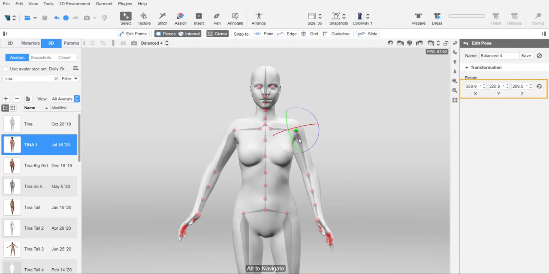Let's take note of the coordinates from the first shoulder, the wearer's left. X, 359.9, Y, 320.9, Z, 289.5. To make a regular joint symmetrical, we need to copy these coordinates to the matching joint on the other side. Let's copy the value from each axis of the left shoulder and paste it to its corresponding axis on